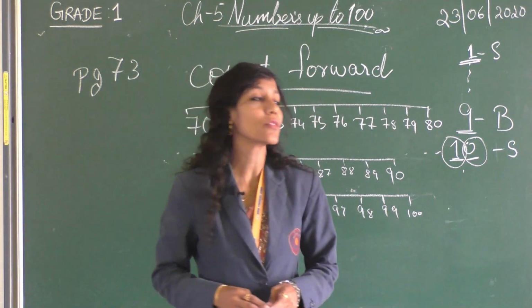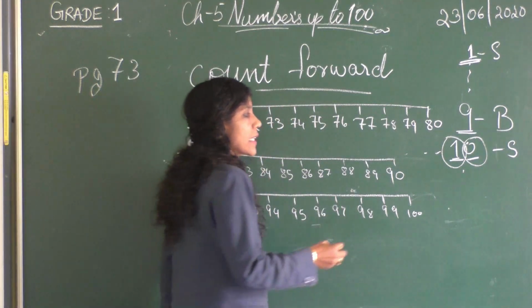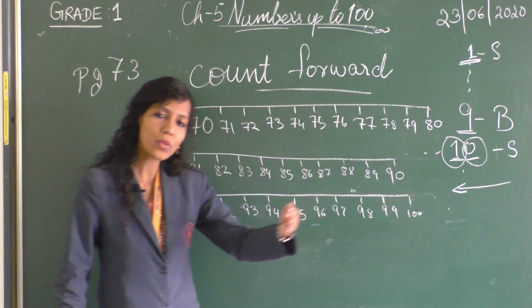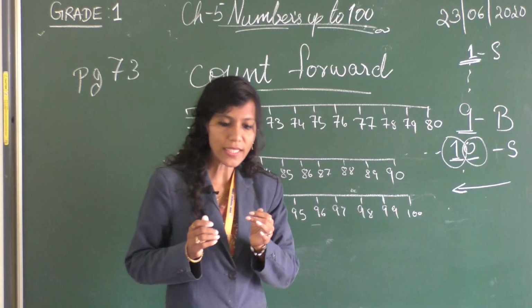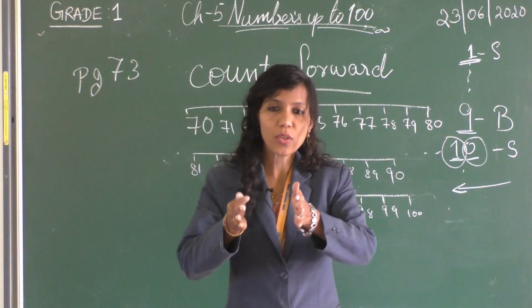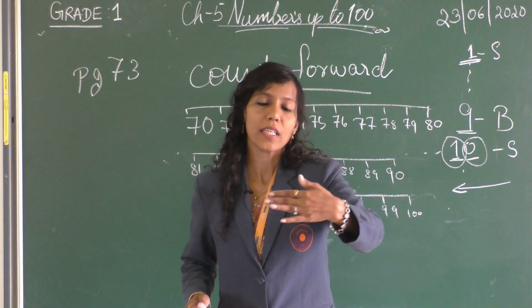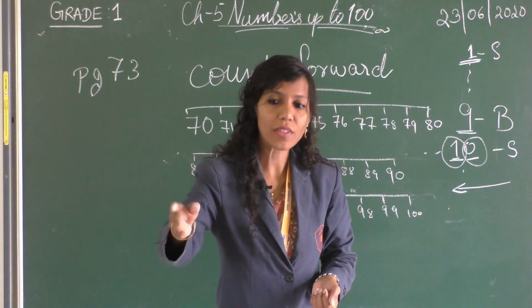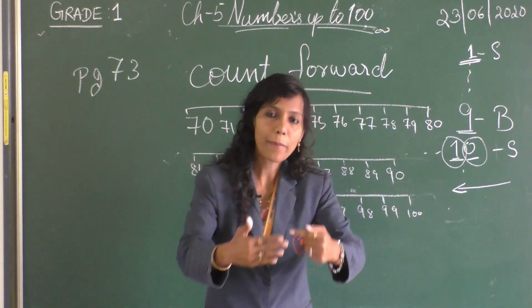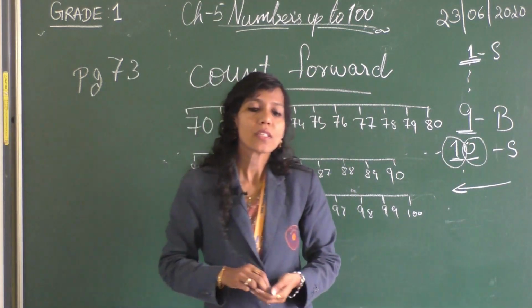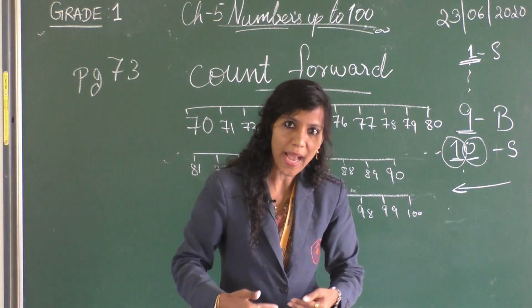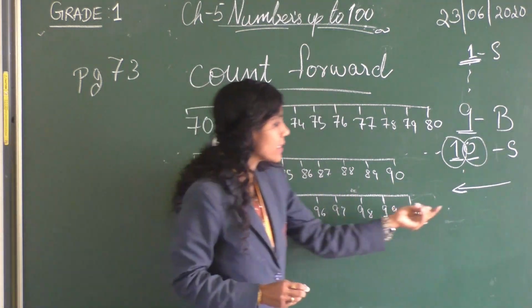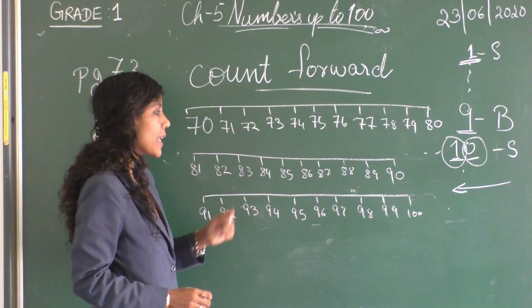What is backward counting? You have seen your fathers taking the car in reverse, so going back. Once your father parks a car, it goes and stops in a particular position. You have a wall in front. Can he go forward? He can't, because there is a blockage of a wall. So what he has to do? He has to come back. That is called reverse, backward. That same concept we will put in the number line.